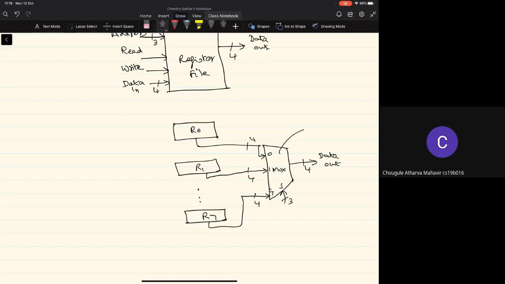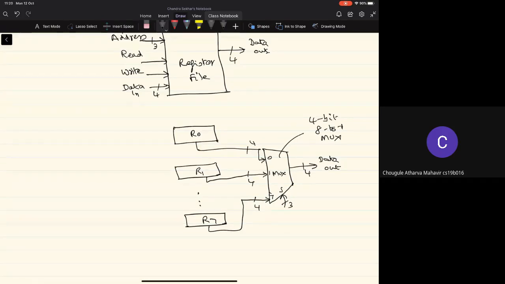It is a 4-bit 8 to 1 multiplexer, because there are 8 sources and the width of data is 4 bits. By using the 4-bit 8 to 1 mux, I can perform this operation.